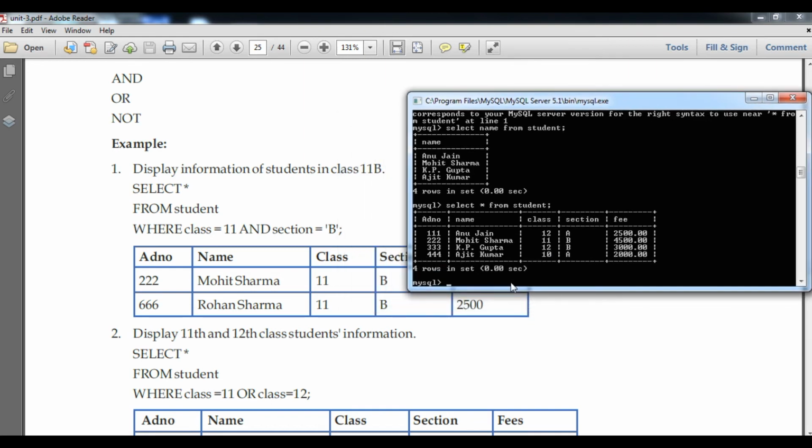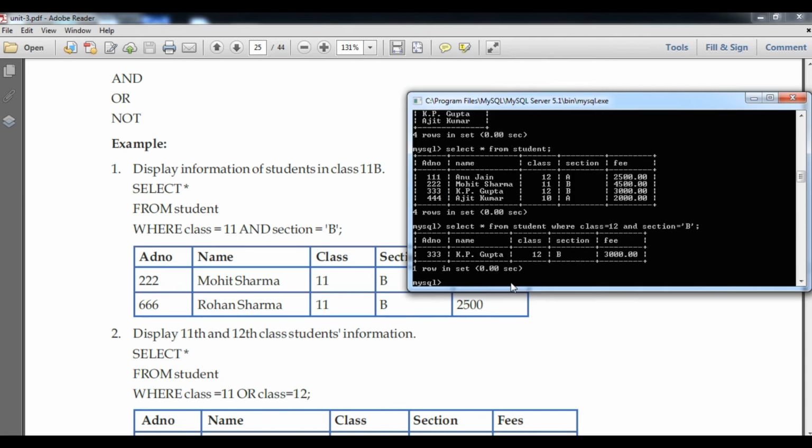So according to this, we will show the details of only 12th B. So what we are going to do: select star from student where class equals to 12th, as per my list, and section should be within double quote or single quote, B, terminator.